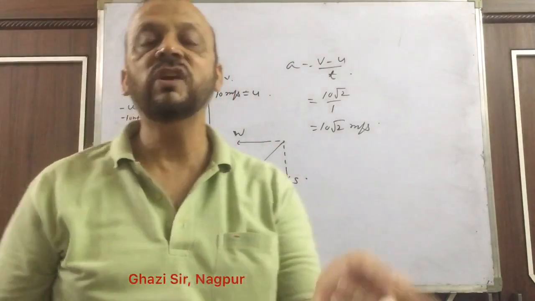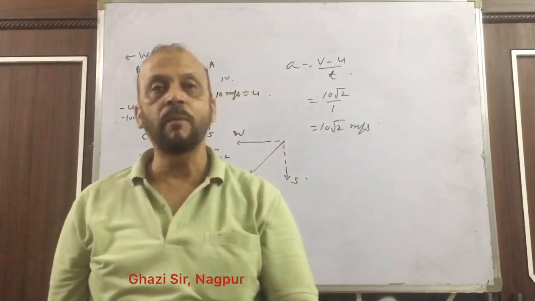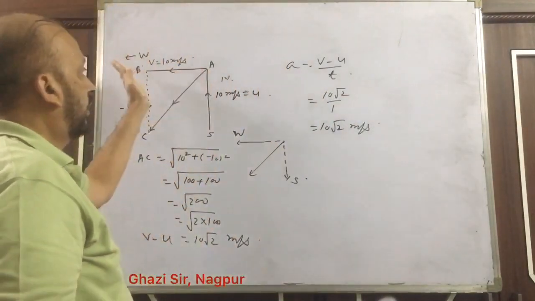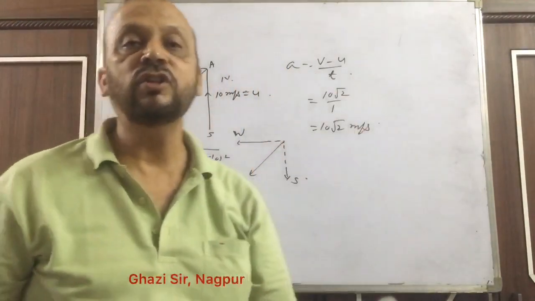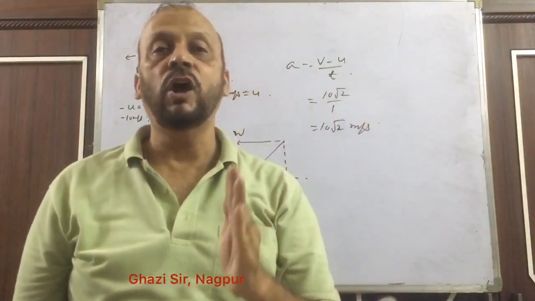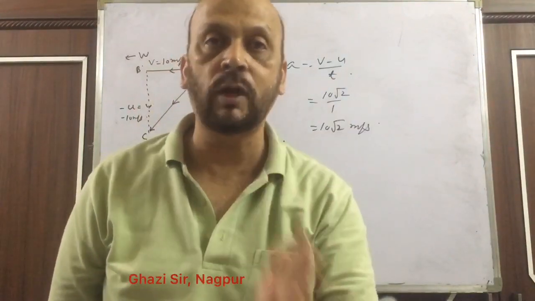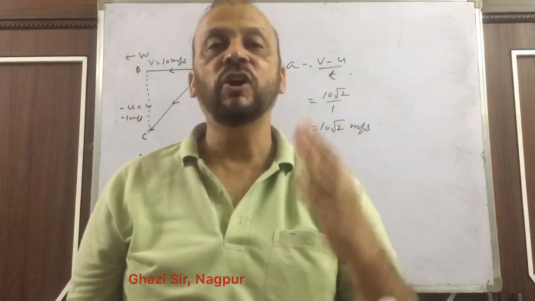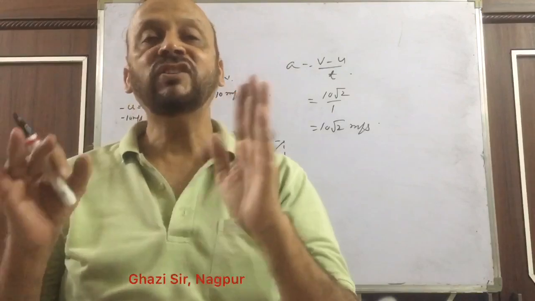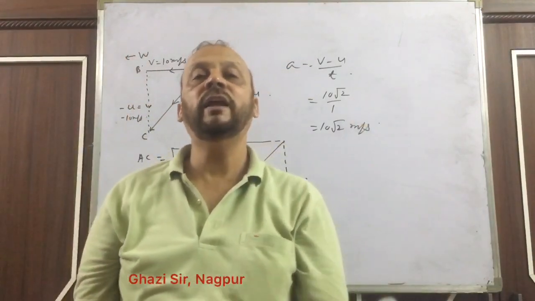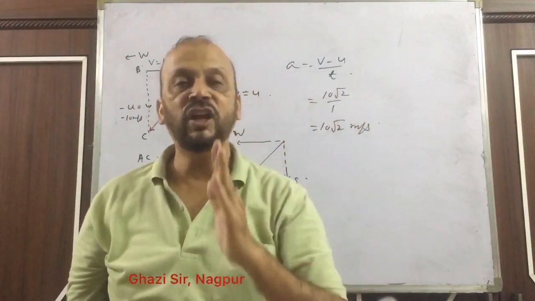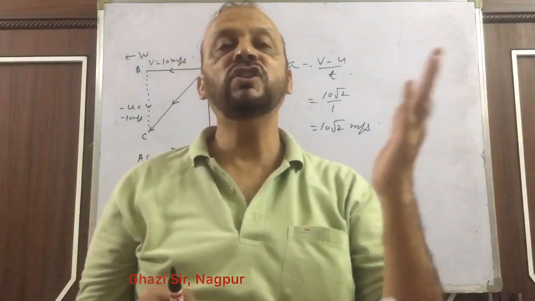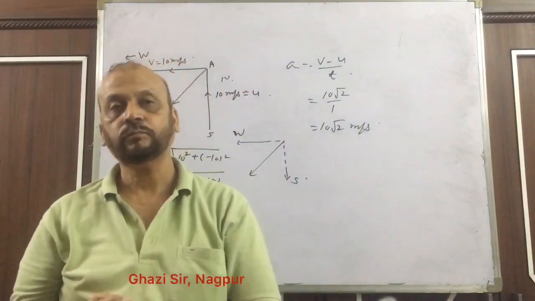And velocity is a vector quantity which depends upon magnitude and direction both. So in the third case, the direction of velocity has been changed. So this change in direction of velocity will also produce acceleration. That means acceleration may be zero, may be positive, may be negative. Acceleration can be produced by increasing velocity, by decreasing velocity, or by changing the direction of velocity. So these are three methods of acceleration.